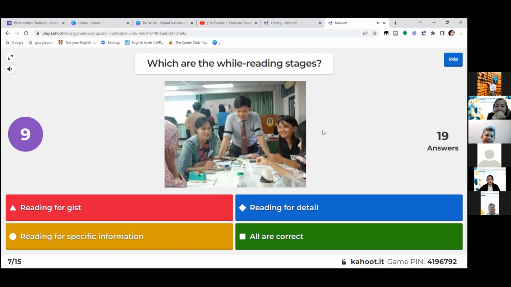In the training room, it's just the trainer's idea and the teacher's idea, but don't forget your students, your stakeholders, one of the most important ones. So this is all from Tor and Mr. Jeremy. Anything to add? No, thank you.